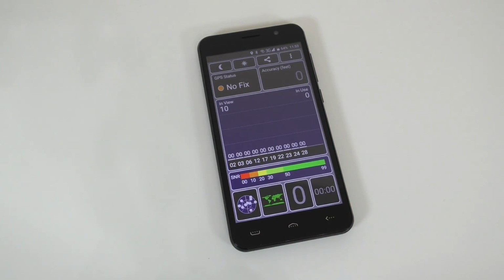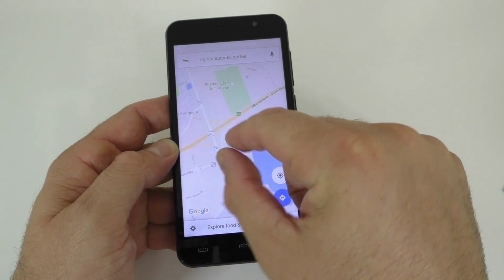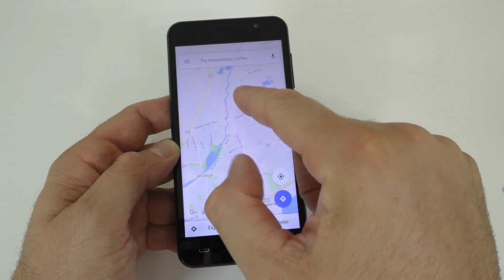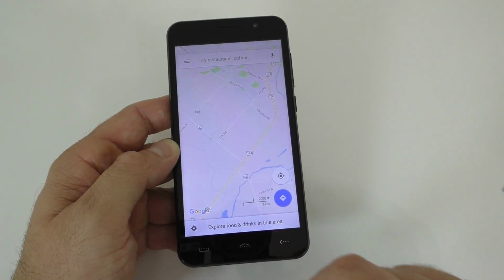The GPS on the phone takes about 25-30 seconds to connect. If you are in between buildings, it does lose connection every now and then. You can use Google Maps, alright, but if you're in a big city and in between buildings, it does tend to lose connection every now and then. If you're not in a big city and you're just driving around on an empty street, it does work really